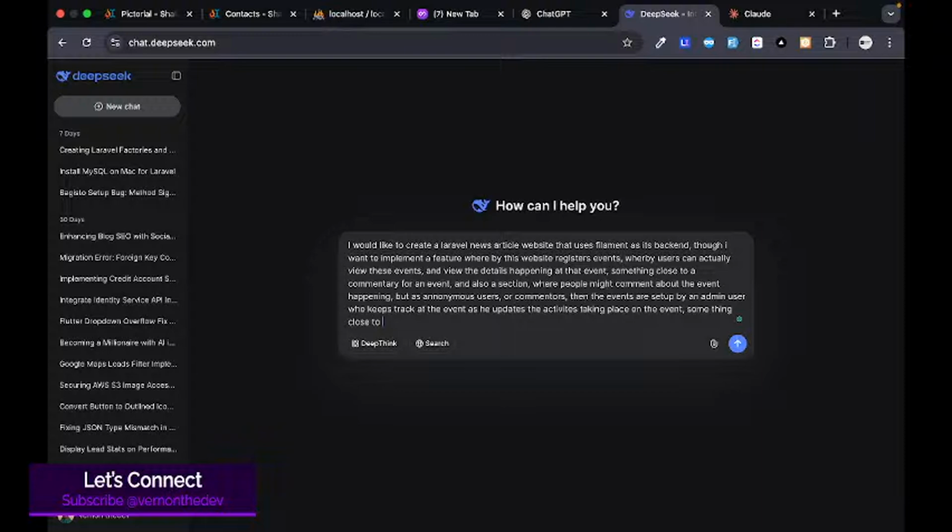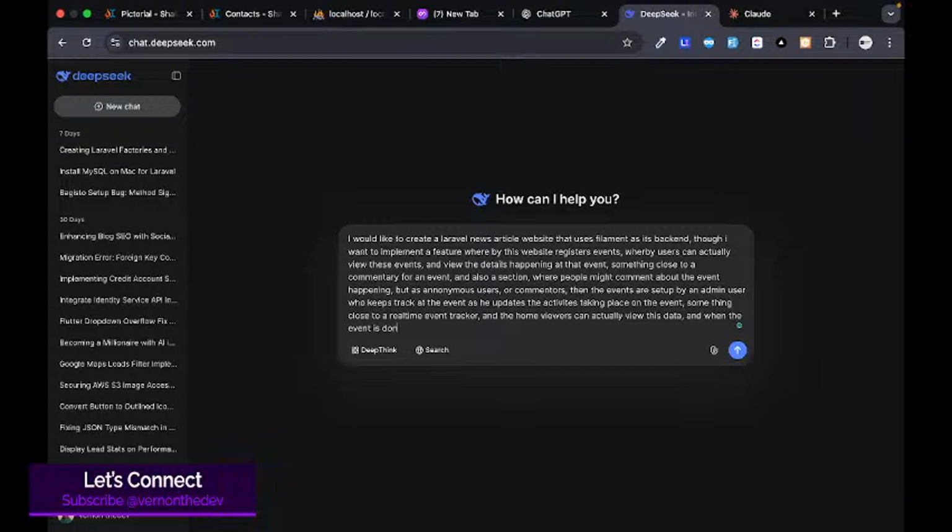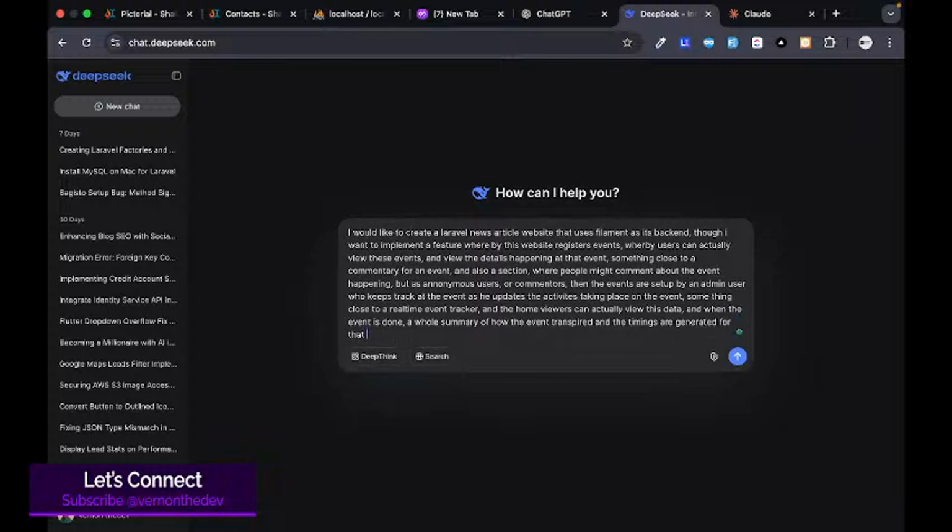Something close to a real-time event tracker, and the home viewers can actually view this data, and when the event is done, a whole summary of how the event transpired and the timings are generated for that event,